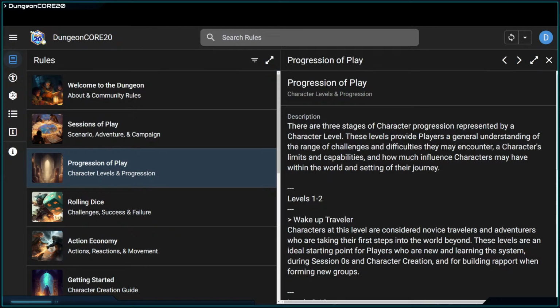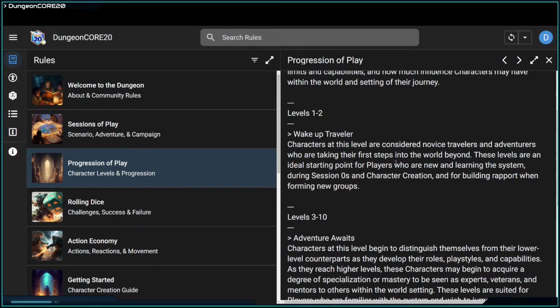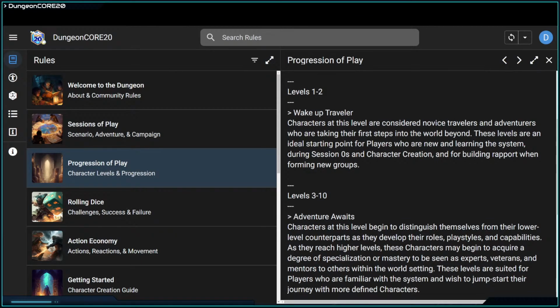So there's really 3 stages when it comes to levels that we've tiered them out to. The first one is to consider that, hey, progression is built into the system. So levels 1 and 2, a character really doesn't have a whole lot. We expect level 1s and 2s to be more beginners. They're just starting out. They're not veterans who have spent years on the battlefield and are just joining a campaign,